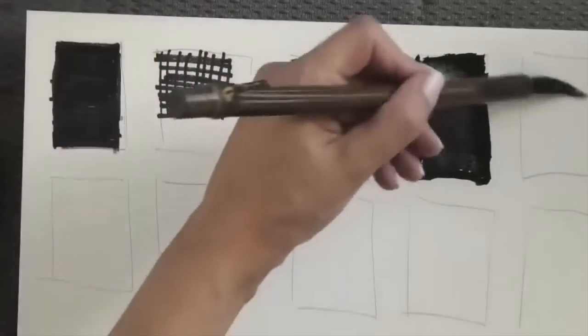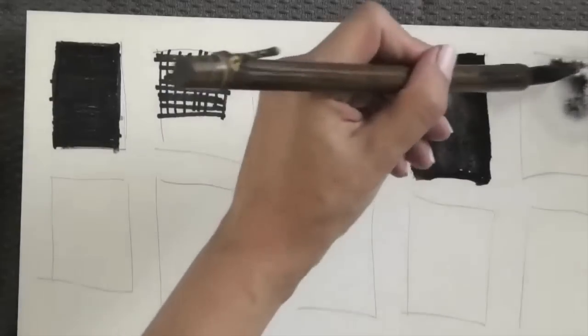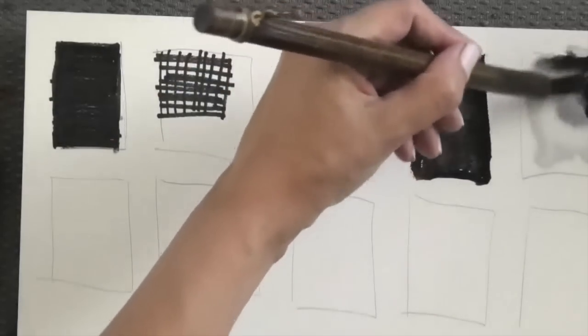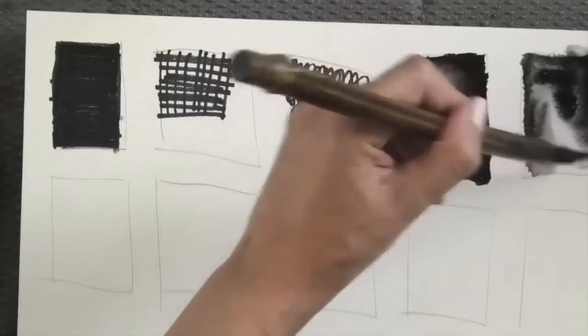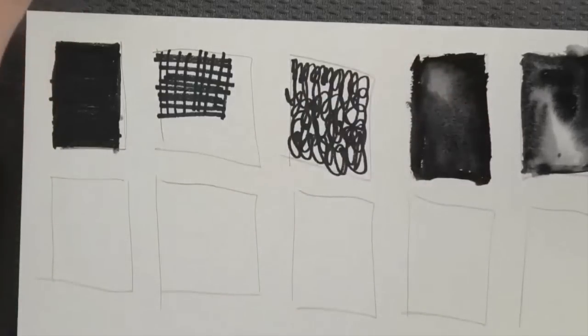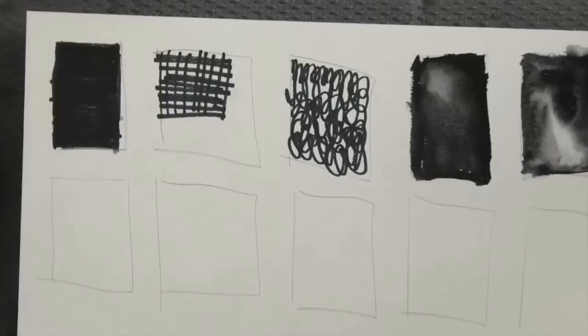And we could also wet the area and fill it with color, sorry, value, darken our values, let things flow a little bit more. And our big dark shape gets interesting because of value transitions. We can also make our big dark shape interesting with color transitions. So in this case, let's